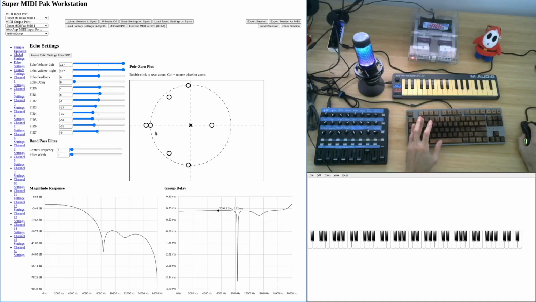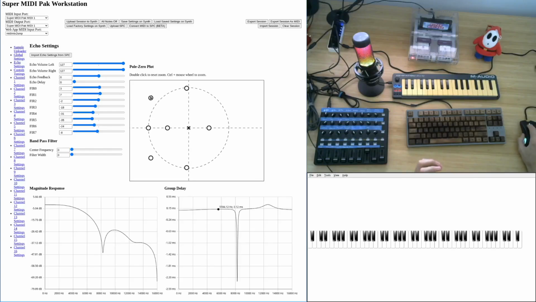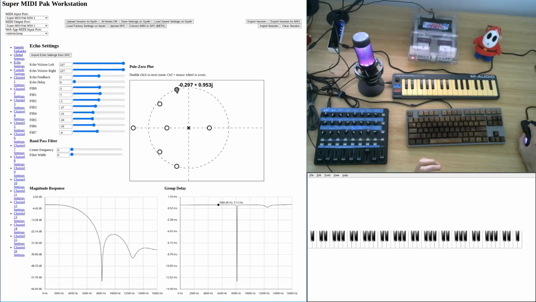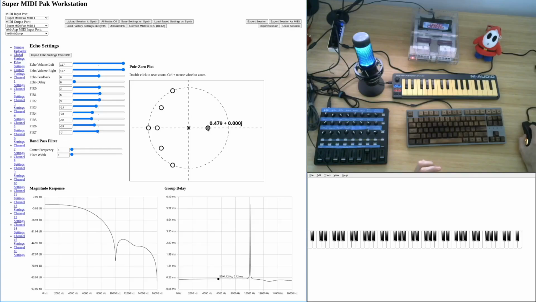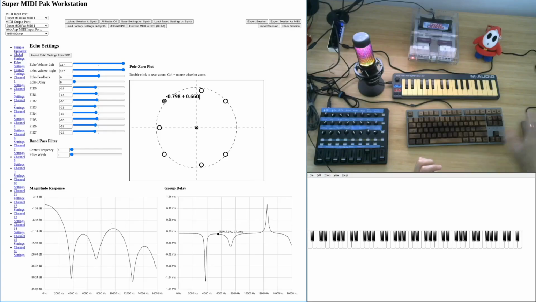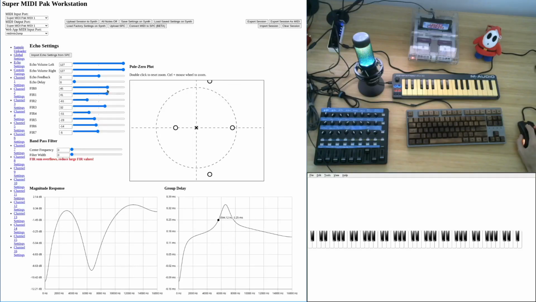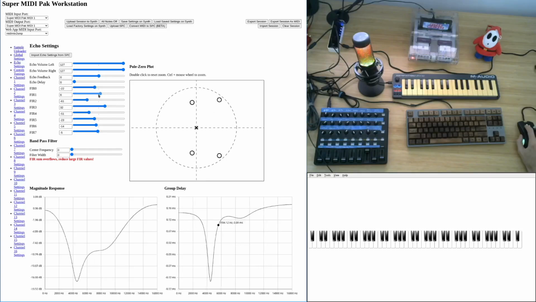Now, this tool also has a bandpass filter generator. And so the nice thing about this is that let's say you're playing live and you want to modulate the filter live, it's tedious to work with these zeros. Although you can, maybe that might be something cool that you want to do. But most of the time it's tedious to move these zeros around. Let's say you want to go exactly from one spot to another, and you already know how you want the response to look. It's tedious to say, okay, I have to move the zero here, move the zero here, and all that. Likewise, it's even more tedious to move these FIR values around too.